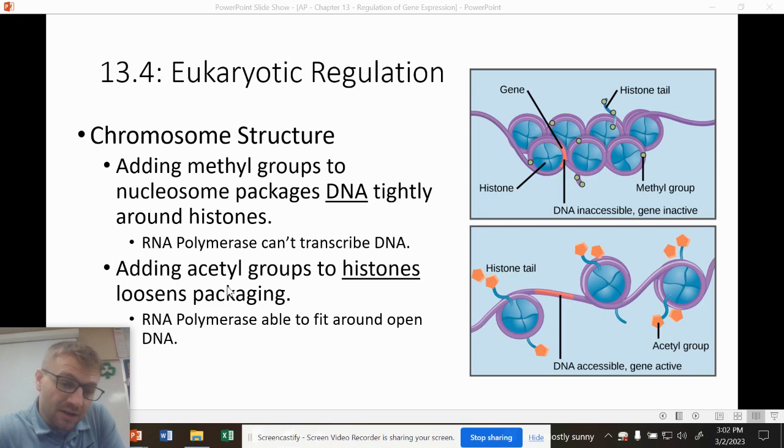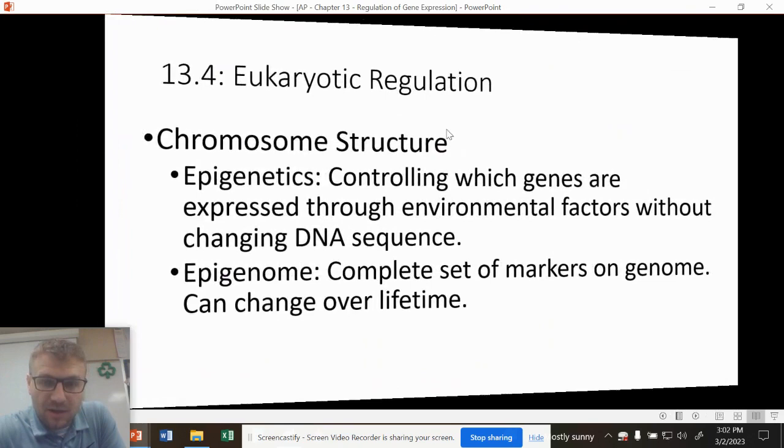On the other end, you have acetyl groups. When they are added, they actually loosen the DNA, and you can see here this opens up the DNA for transcription. So this is how the chromosome structure is controlled. So this is why, again, we're turning off genes and we're activating genes down here for transcription. Now, this is our first type of